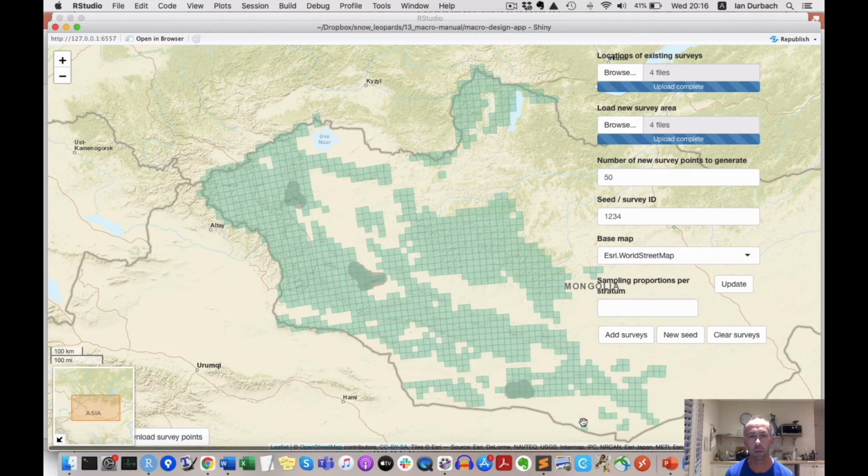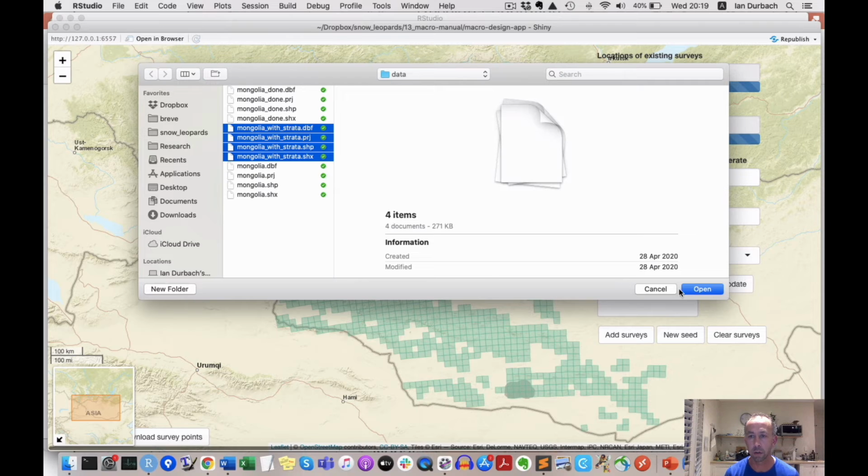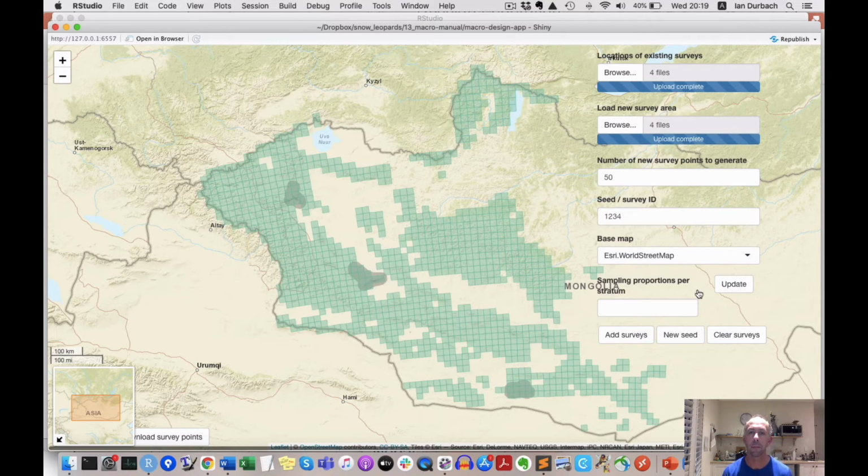Another thing that we might want to do is to stratify the survey region. In order to do this, we need to have a shapefile for the survey region that has an extra variable called stratum ID, and this will contain information that allows us to create the strata. So in this example, what we're going to do is to stratify by a predicted occupancy probability. So I'll load a shapefile in the usual way, but you'll see that there are